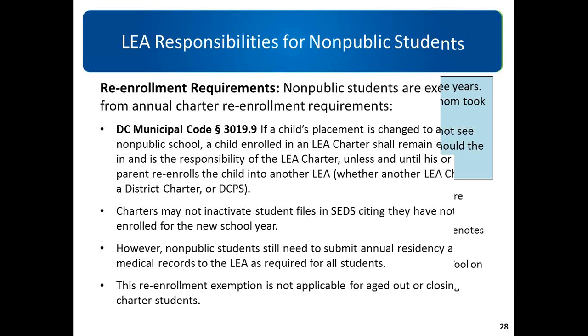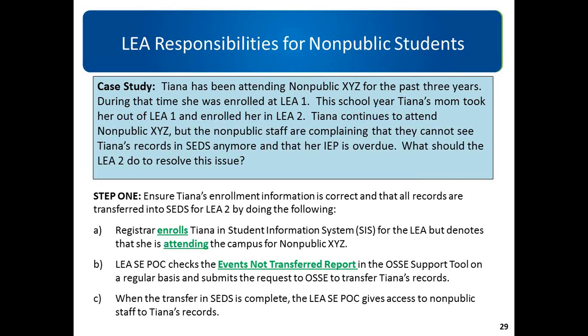So what should LEA number 2 do to resolve this issue when they're in this situation? Well, there are 3 different steps you need to take if you have a non-public student, especially if they recently transferred to your LEA. The first thing you need to do is make sure everything is set with enrollment. Since you're best friends with your registrar, you go talk to your registrar and make sure that the student is actually enrolled in your system and that the campus is marked as a non-public campus